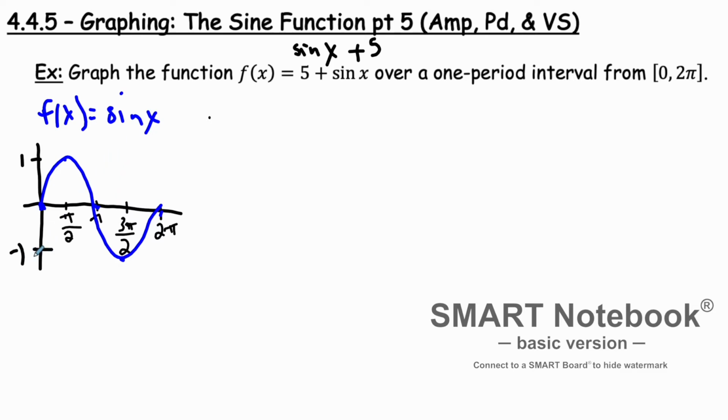So my low point here at negative 1 will get moved up to 4. My point at 0 will be moved up to 5, and 1 will be moved up to 6. So we're just taking all these y coordinates and adding 5 to them. So what my new graph will look like,